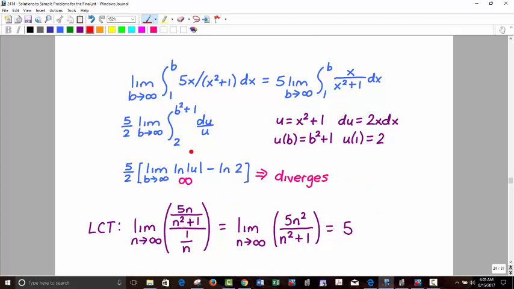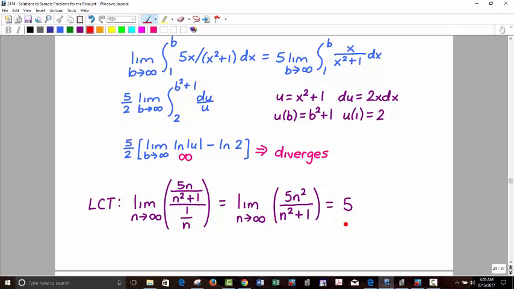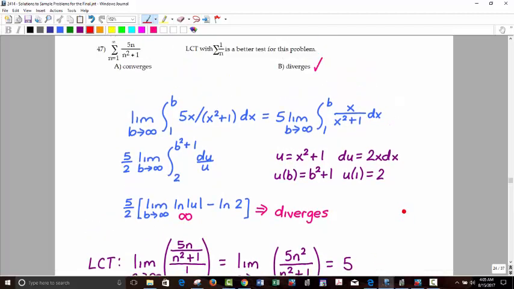The problem with this one, you'll end up with natural log, and you have natural log of infinity, which diverges. But if you compare it with 1 over n, you get a positive finite number, which you're supposed to get for the limit comparison test. That means you compared it correctly, if it could be compared. There are some things you obviously can't use the LCT for, but 1 over n is a diverging p-series, so therefore our series will also